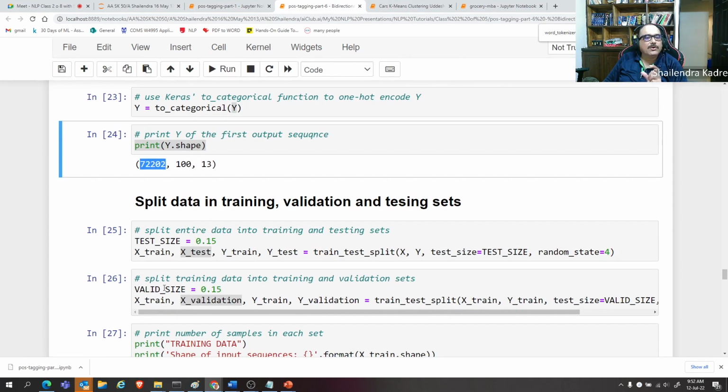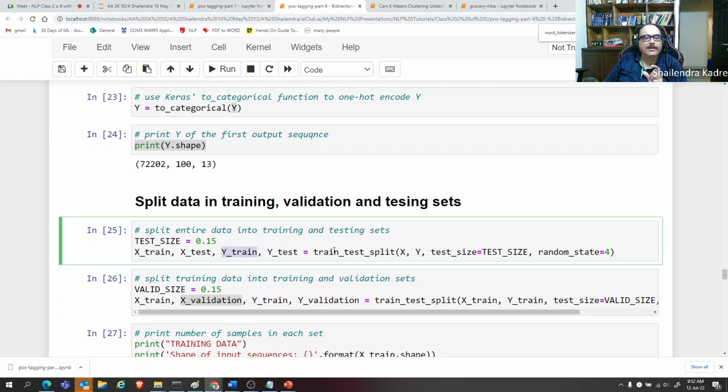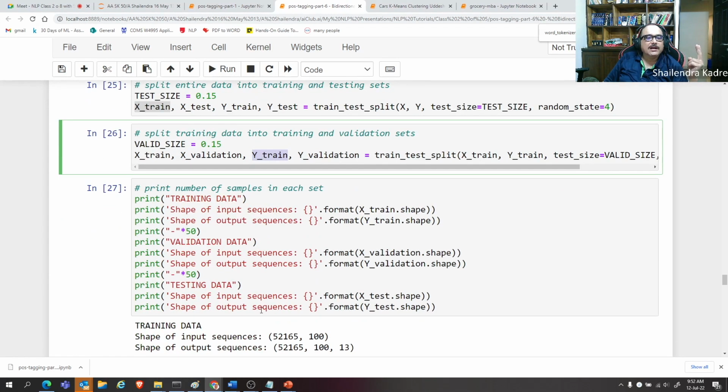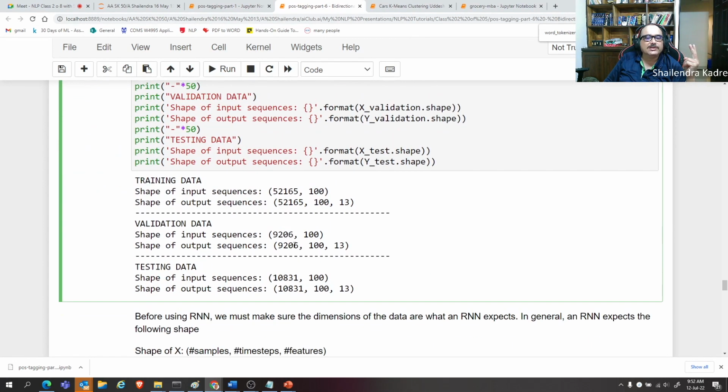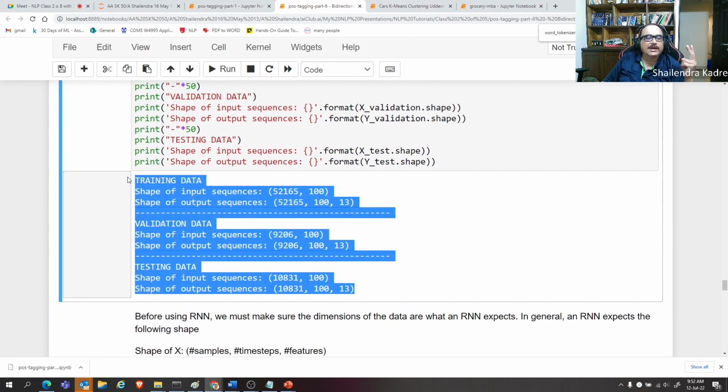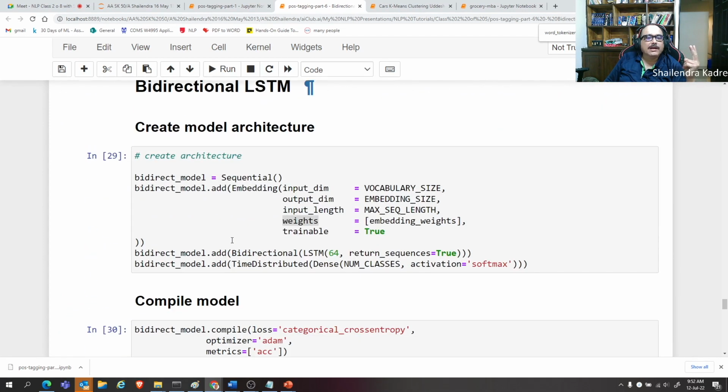Right? So that's what, and then after that we have done a simple train test split, and on train we have done a further split into validation and train. So we have 3 sets: testing set, validation set, and training set. So these are the sizes given. We have found the sizes. Now we are going to the bidirectional